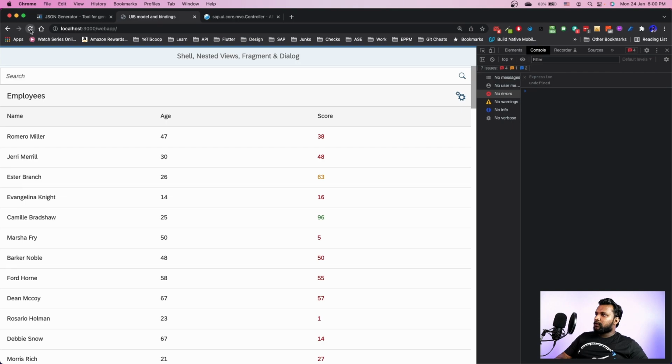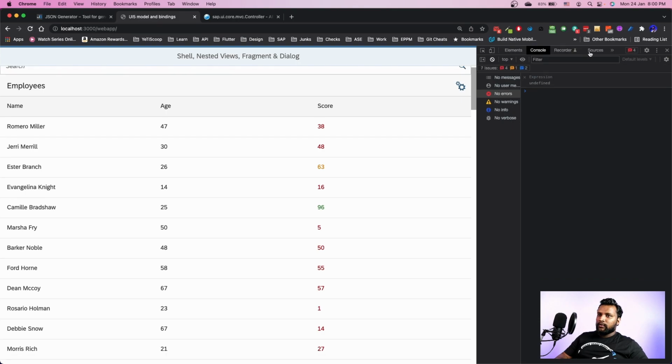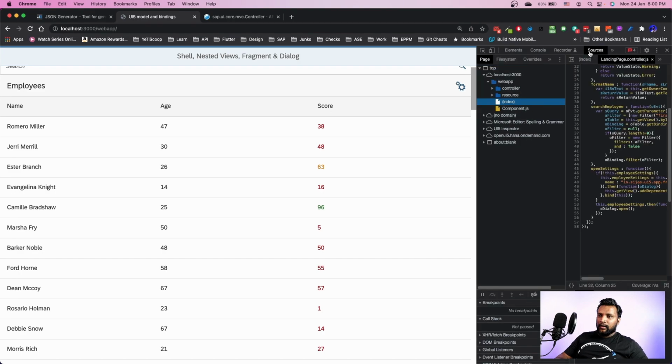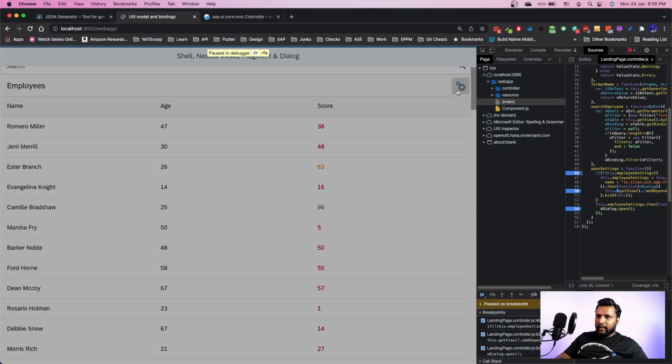And refresh. Sources. Let's put a debug point over here and a debug point over here. Maybe here. Click it. We come here. The view setting dialog is unexpected. So